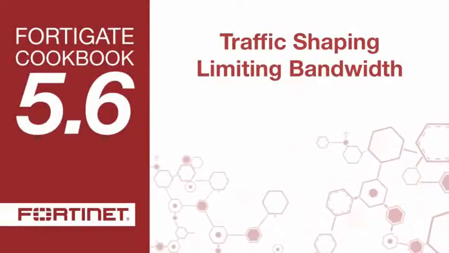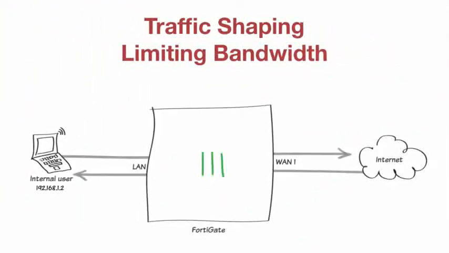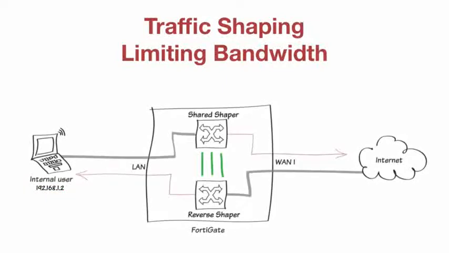Bandwidth for a specific IP address. When a particular IP address on your network is using too many resources, you can prevent the device with that IP from consuming your bandwidth indiscriminately. This video will explain how to configure traffic shaping to set a maximum bandwidth limit for uploads and/or downloads to